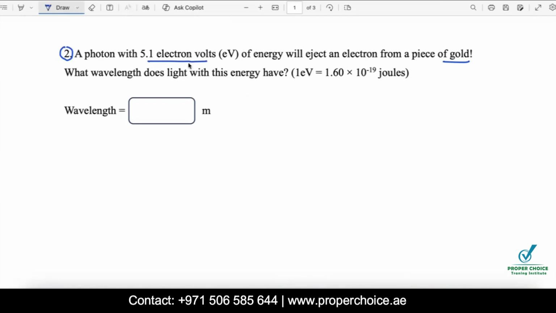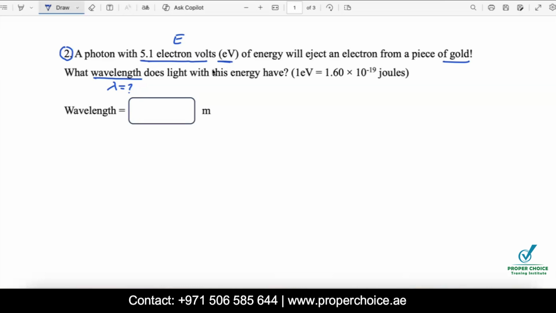What is the question asking you? Energy has been given and they are asking a question about the wavelength. So they're asking you about the wavelength. What would be the wavelength of this light? Another important thing you can observe is that this time energy has been given in terms of electron volt, because the